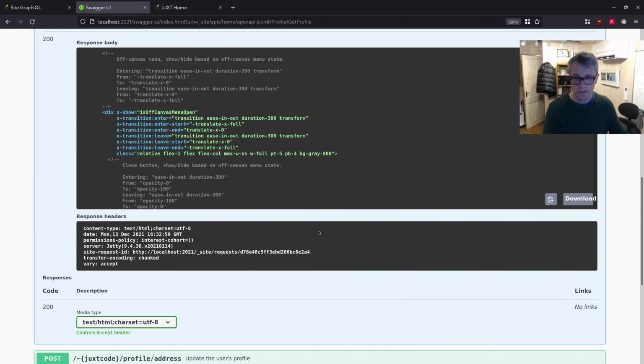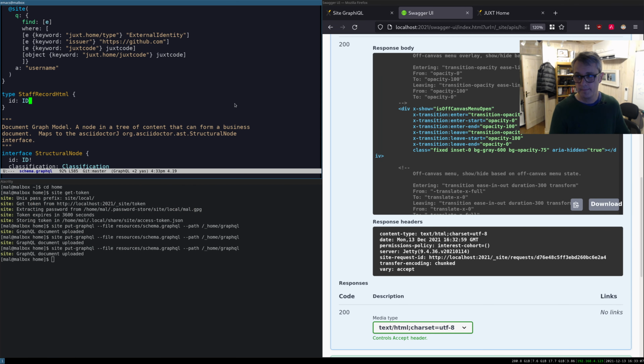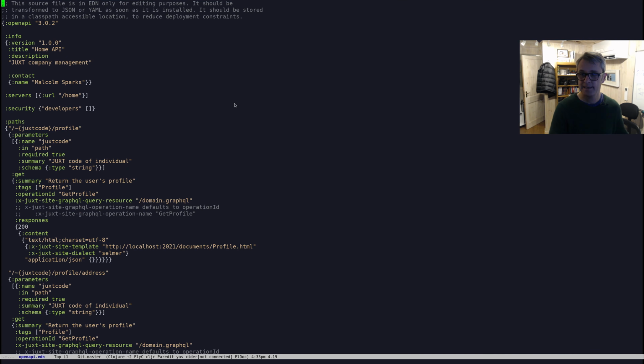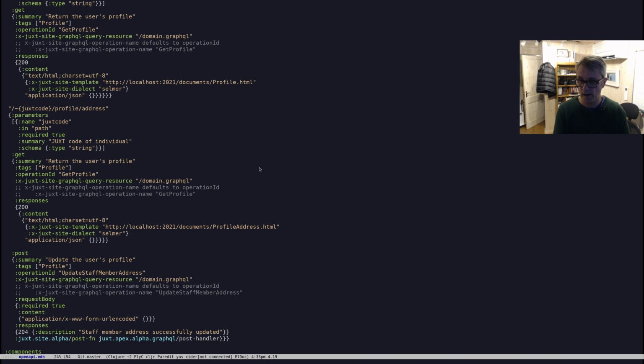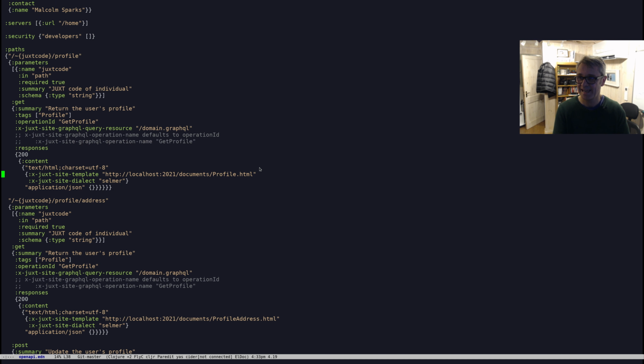So I just want to show you the source code for this Open API. So that's under Open API, and it's in Eden format at the moment, but it's converted to JSON on the client by the site tool before it's uploaded. So this is really a JSON that allows us to put comments and don't have to worry about commas. So let's analyze this get function. This is the get method of the juxcode profile. Now you can see